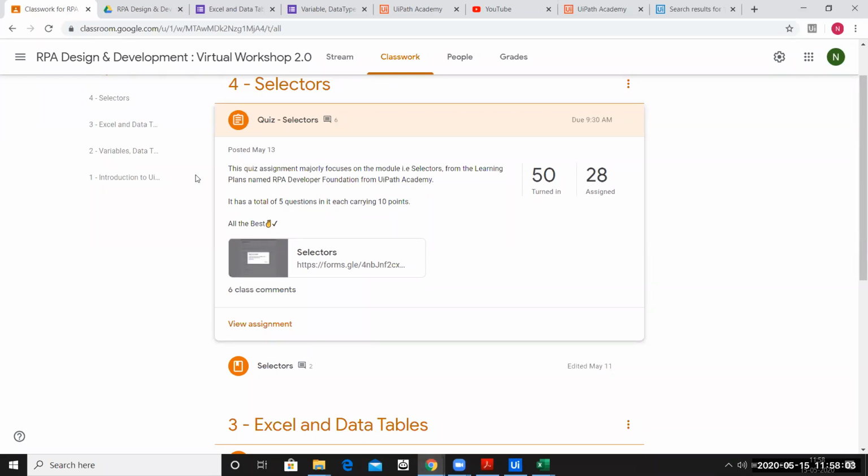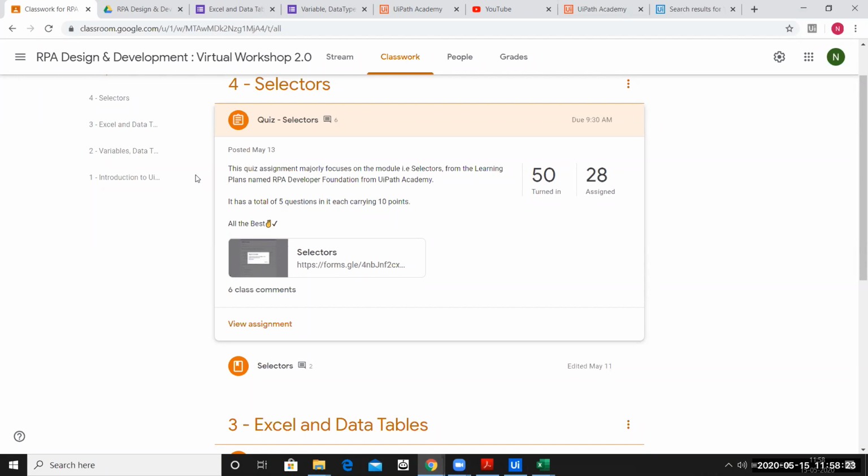Now the second assessment is building the bot. You build the bot on your own machine, and after you build it, when the bot is running, you take a screen capture, a video capture, and attach the file. So you will be attaching two files.